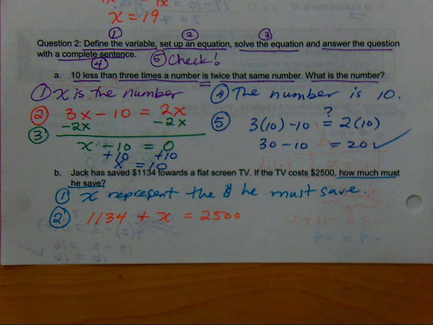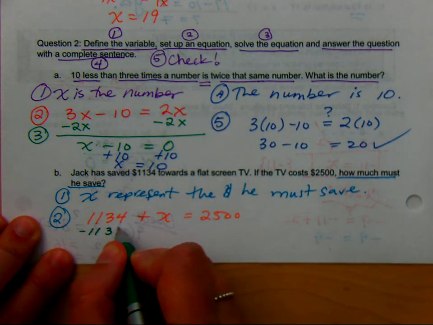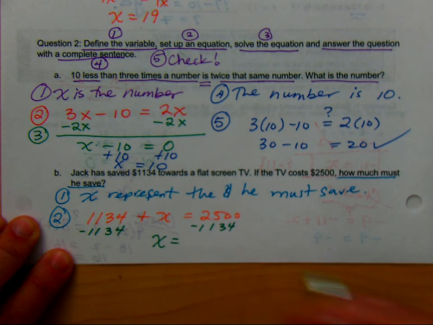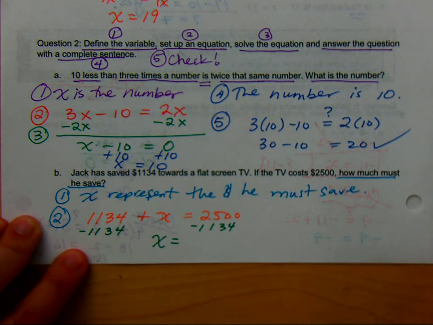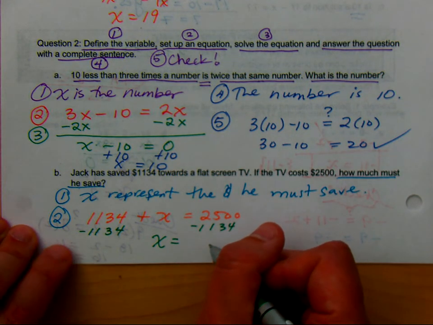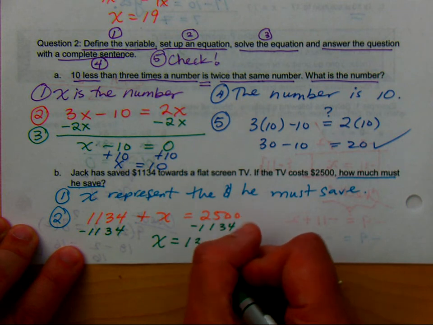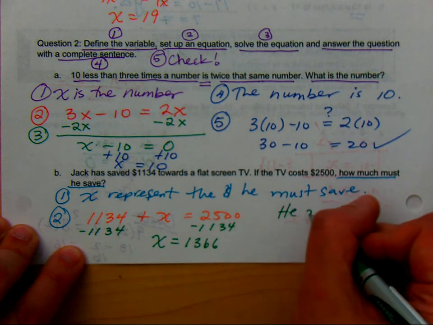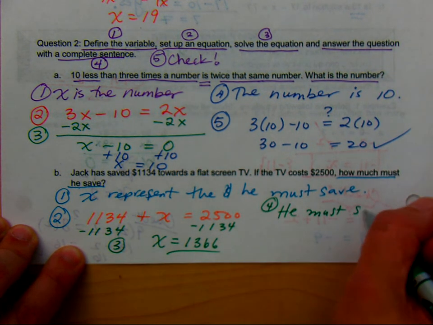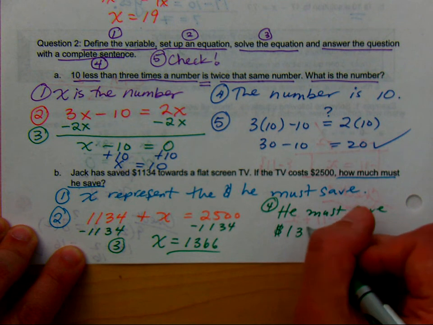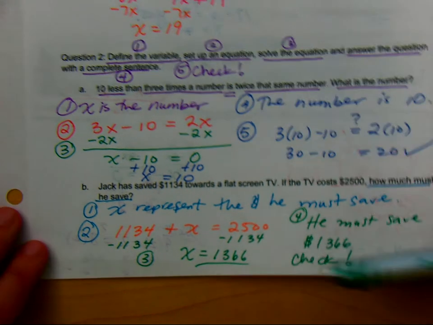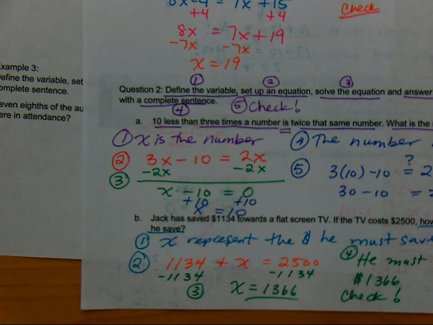Now, how do we solve for x? Right? Is this what you would do? Who can tell me how much money he needs to save? I should do it on my calculator. 1,366. Step 3, we solved it. He must save $1,366, and then you could check that as well. Okay, so dealing with a few word problems, and what we're going to do next